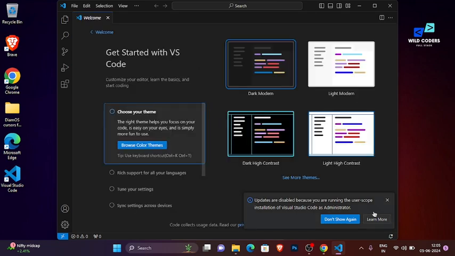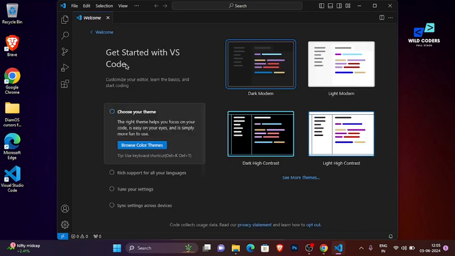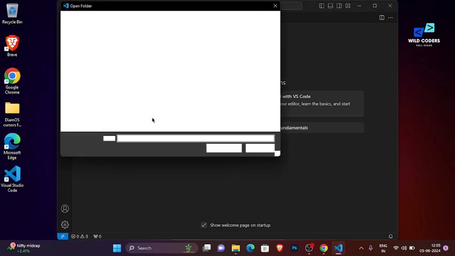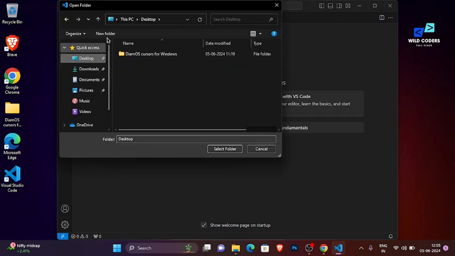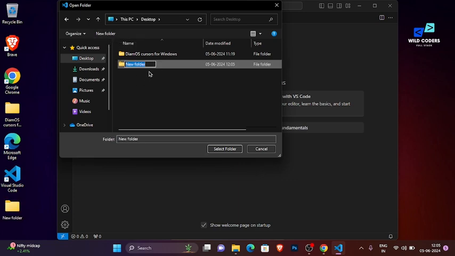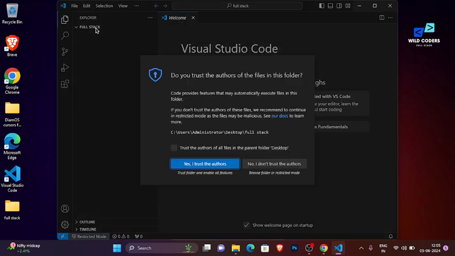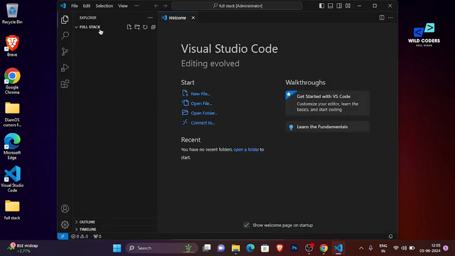Click on the welcome page and tap on new folder, and just make a new folder. Its name is full stack, and just select folder. Yes, I trust the authors in this folder. Then just tap on the new file icon and give a name,